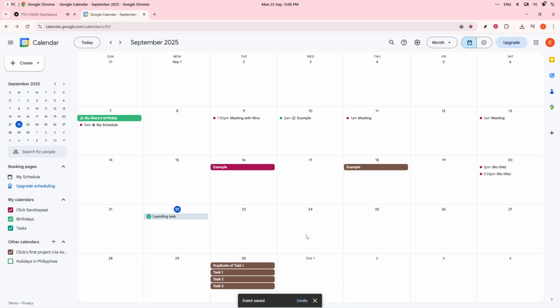By following these detailed steps, you'll find organizing and managing events on a shared Google Calendar is a breeze. Happy